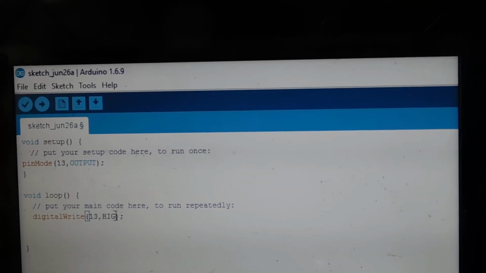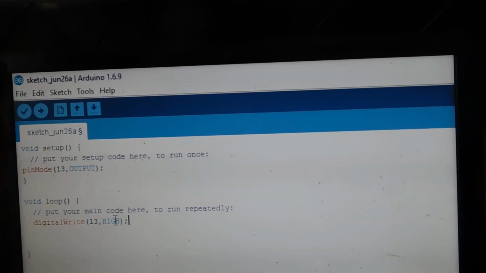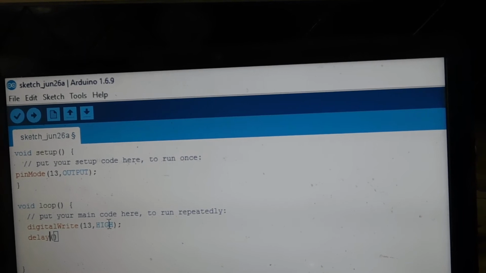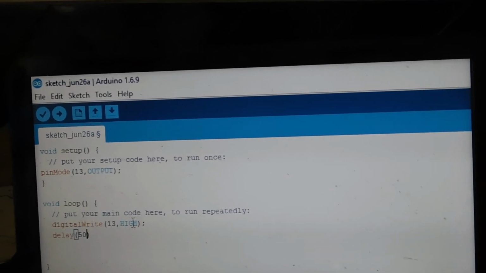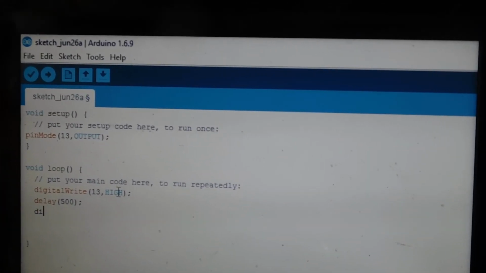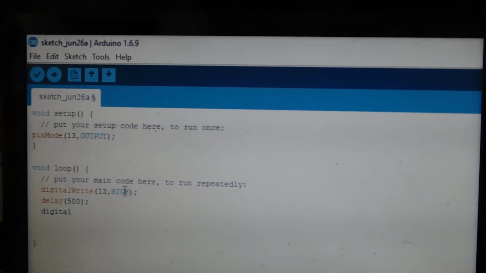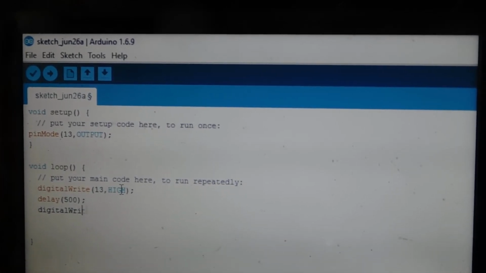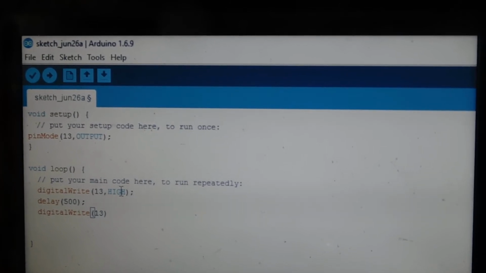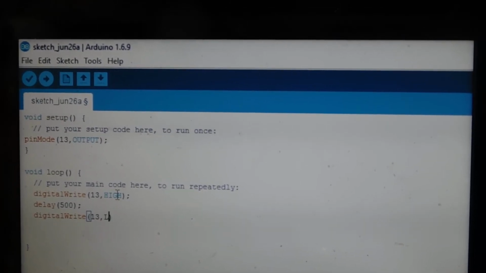How? High, and we can provide a delay, say a delay of, it is actually in milliseconds, say 500 milliseconds. Then digitalWrite 13 low.